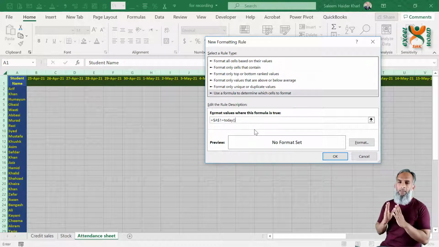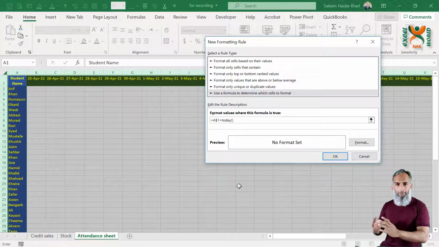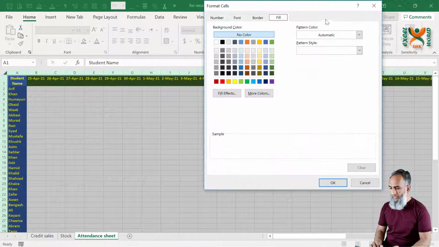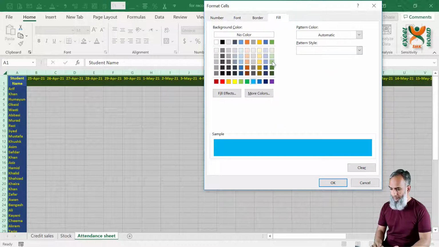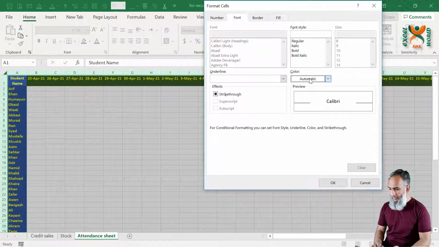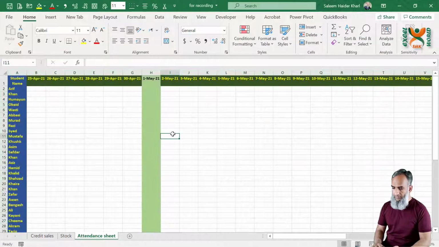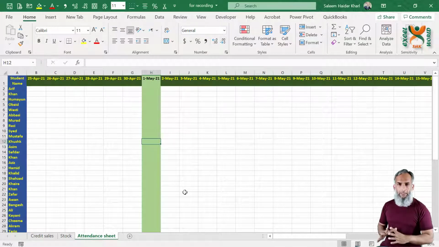So the column reference should be open while the row reference should be a frozen one. And just select a format, go to fill, select any suitable format, color should be automatic and bold, and press OK and OK. So the conditional formatting is applied. Whenever the date changes, it will highlight the new column.